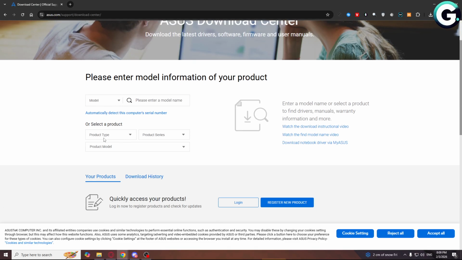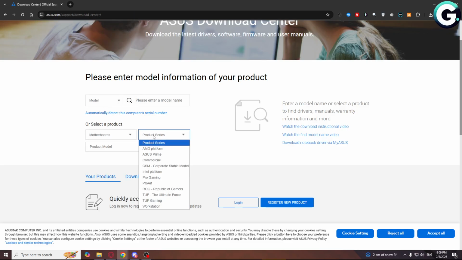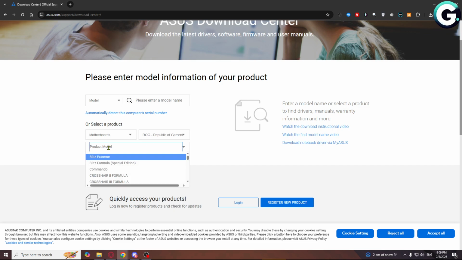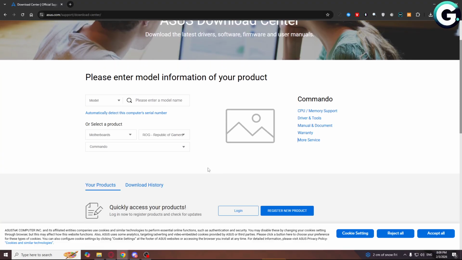Now you'll need to select product type, so select motherboards, select your motherboard series, so this will be ROG for me, and select product model, so I will choose Commando, and basically now you'll see this Commando right here, and you will need to click on drivers and tools, and after that